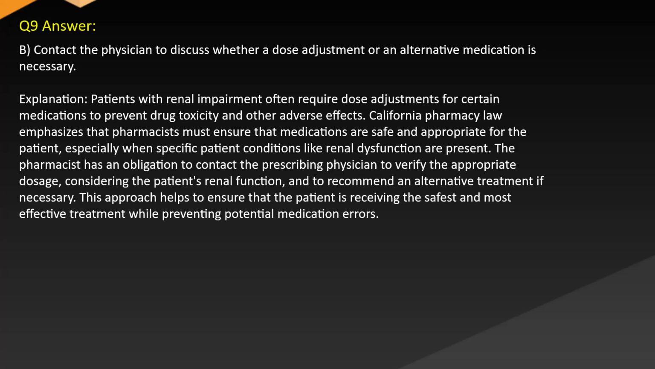Explanation: patients with renal impairment often require dose adjustments for certain medications to prevent drug toxicity and other adverse effects. California pharmacy law emphasizes that pharmacists must ensure that medications are safe and appropriate for the patient, especially when specific patient conditions like renal dysfunction are present. The pharmacist has an obligation to contact the prescribing physician to verify the appropriate dosage considering the patient's renal function and to recommend an alternative treatment if necessary. This approach helps to ensure that the patient is receiving the safest and most effective treatment while preventing potential medication